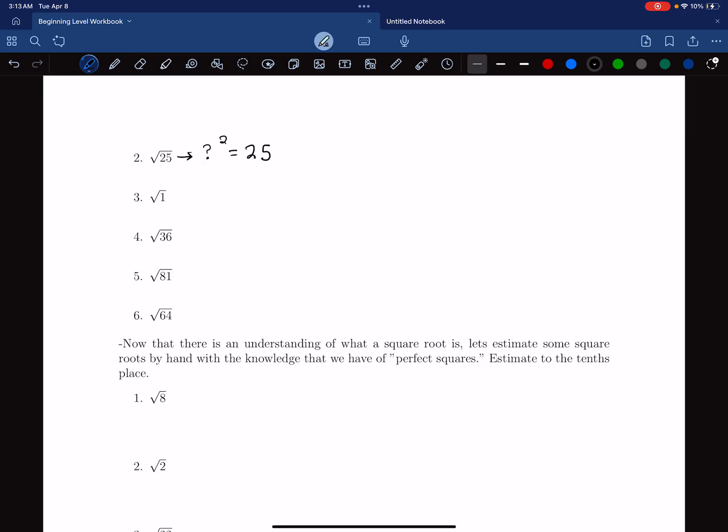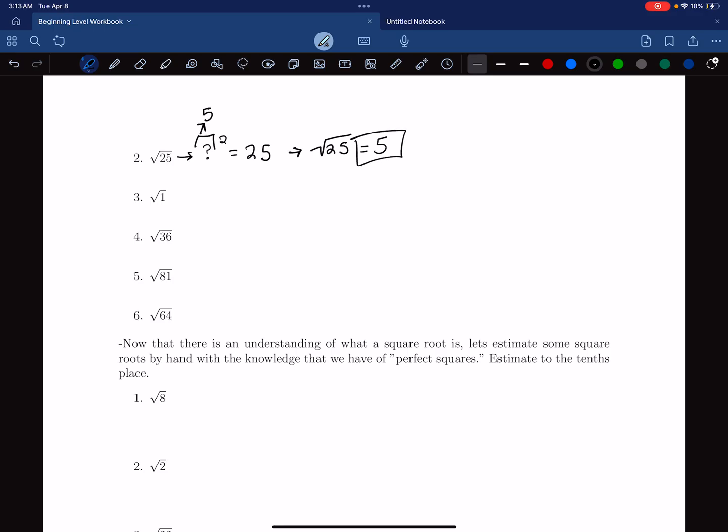So what do we have to square to get to 25? If you're thinking we have to square 5 to get to 25, you are correct. So, since we have to square 5 to get to 25,